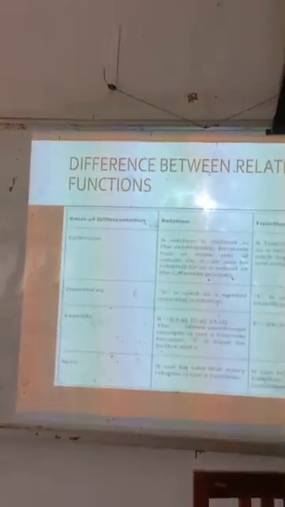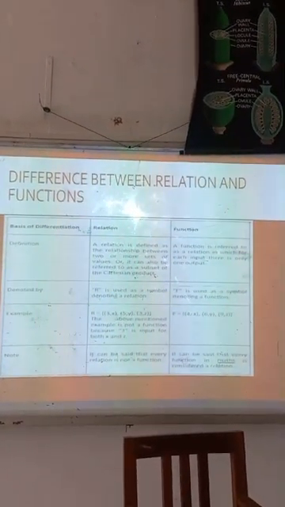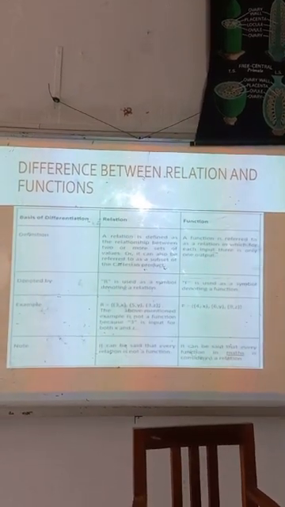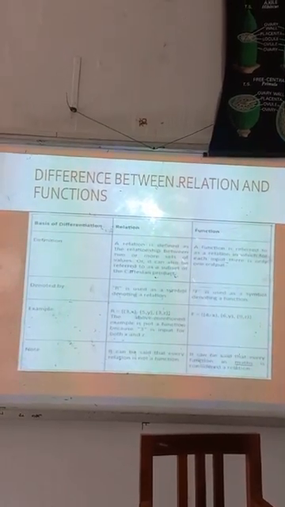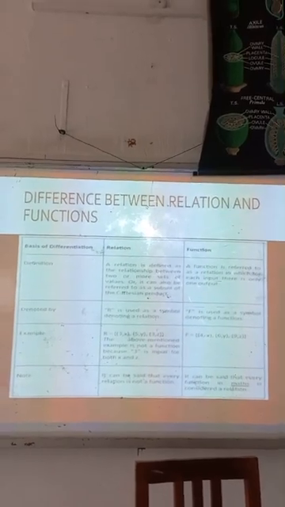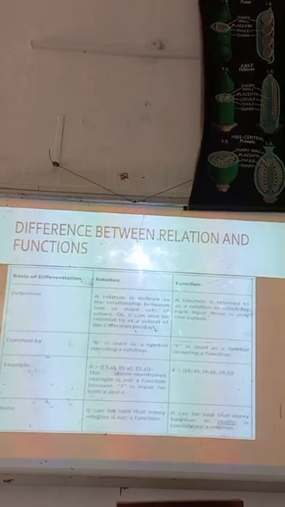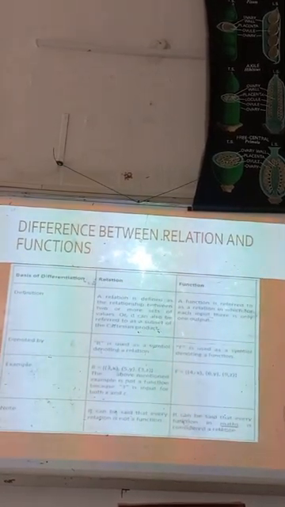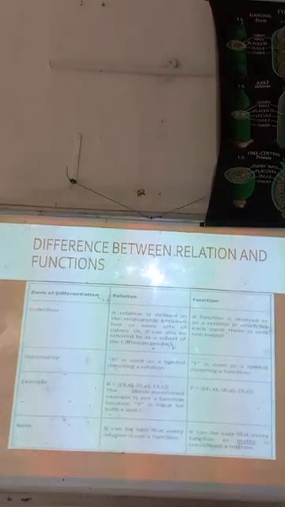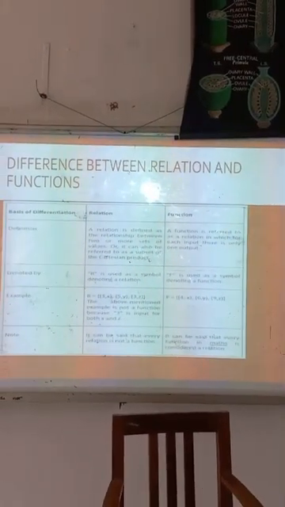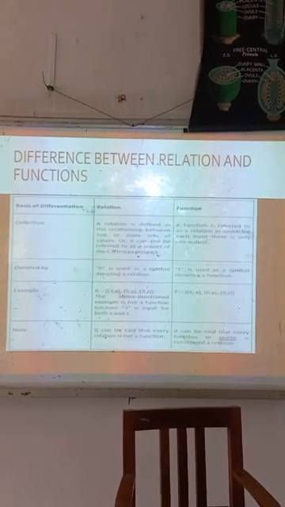Difference between relations and functions. A relation is defined as a relationship between two or more sets of values, or it can also be referred to as a subset of the Cartesian product. A function is referred to as a relation in which for each input there is only one output. For relation, R is used as a symbol, and for function, F is used as a symbol. Note, you can see that every relation is not a function, but it can be said that every function in mathematics is a relation.